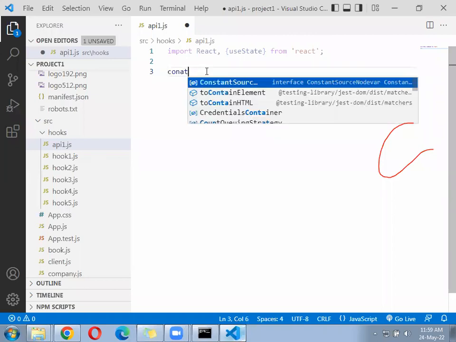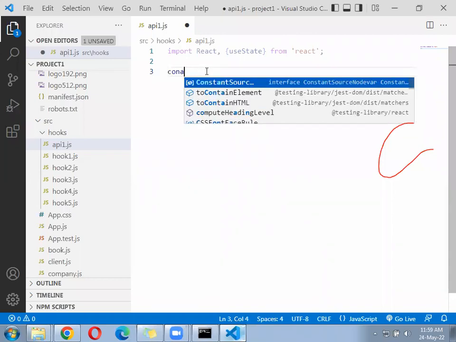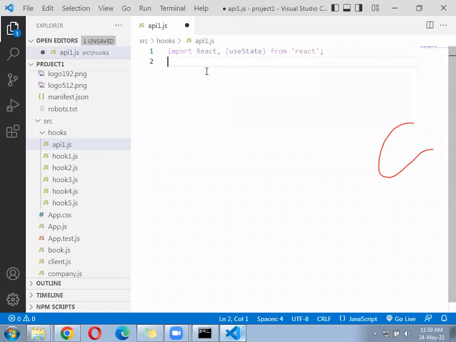Next, constant myAPI1 equal to. Constant myAPI1 equal to